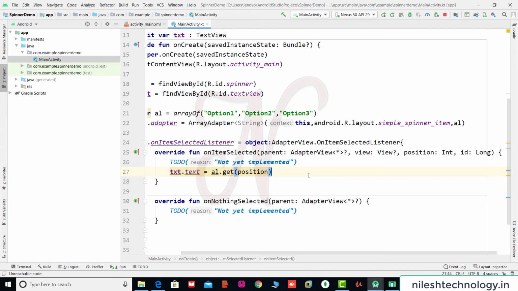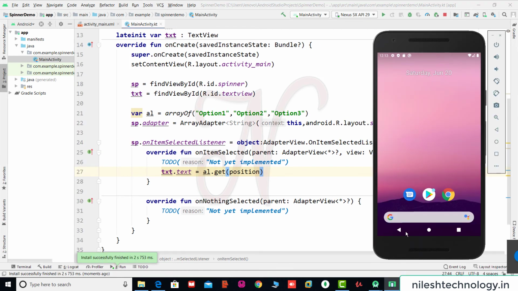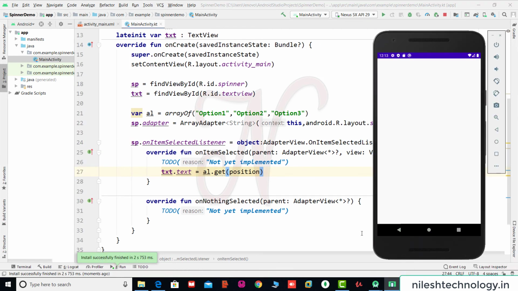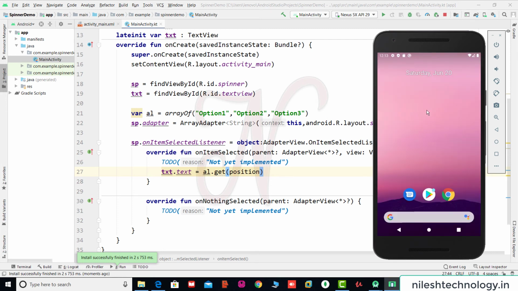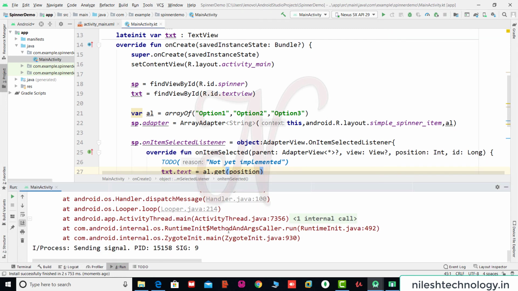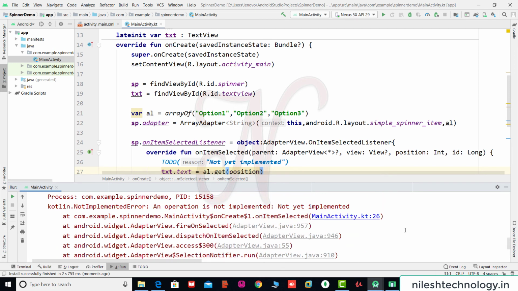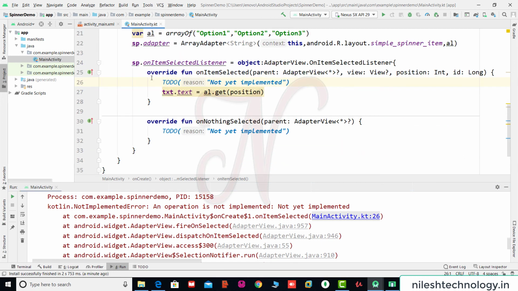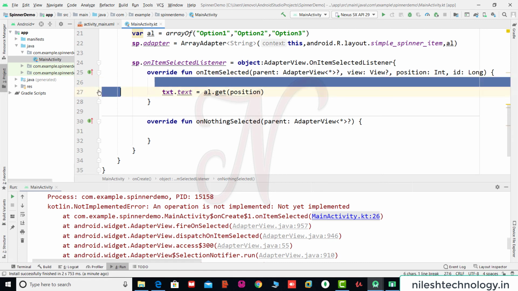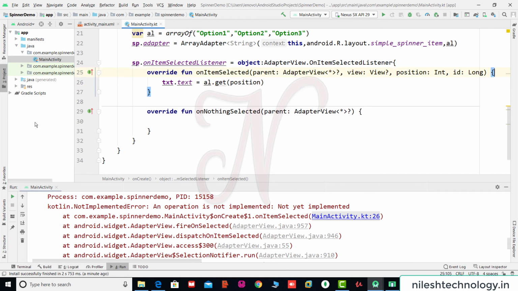See here, run this code, run MainActivity. Check here in Run, there is an error: MainActivity at line 26, not implemented error. So here we remove this TODO function.